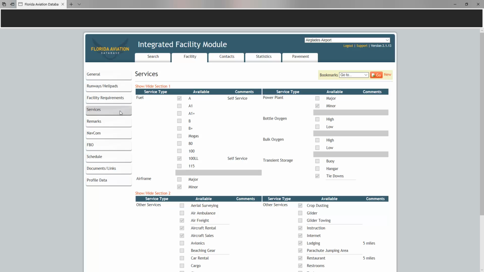On the Services tab on the left-hand menu, this details various services available at each facility. The first service detailed is fuel, and it will indicate whether or not certain types of fuel are available, if it is self-serve or full service. It will also detail the presence of minor or major airframe repair. It will also detail minor and major power plant service available, whether or not high or low pressure bottled oxygen is available, high or low bulk oxygen is available, and the available types of transient storage, such as buoys, hangars,